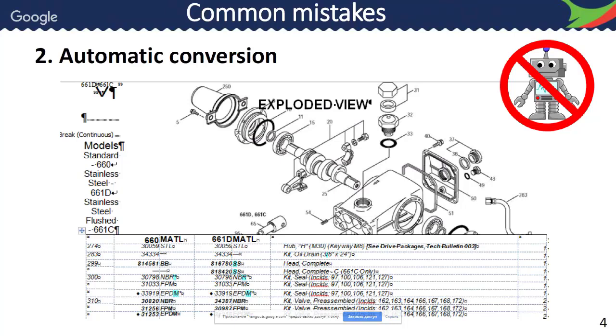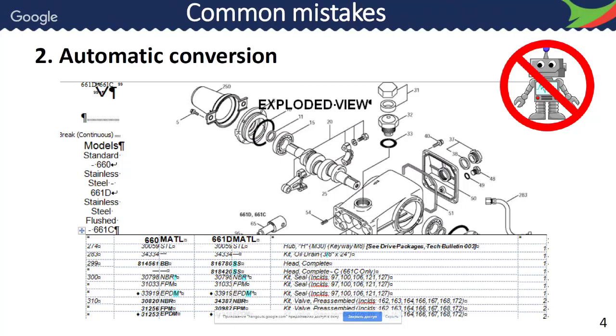For example, if you do automatic conversion with FineReader, which I consider to be the best OCR and PDF conversion program, you may get a Word document that is very difficult to format afterwards. An example is shown on this slide. As you can see, the text near the image is all over the place. A manual conversion always produces better results if you know how to do it, and we will talk about this in a minute.